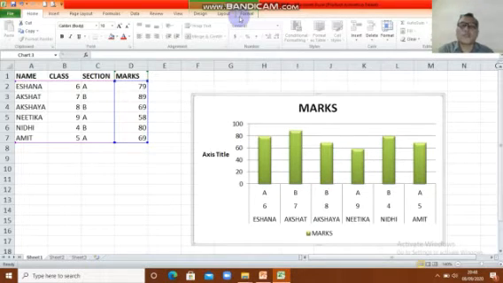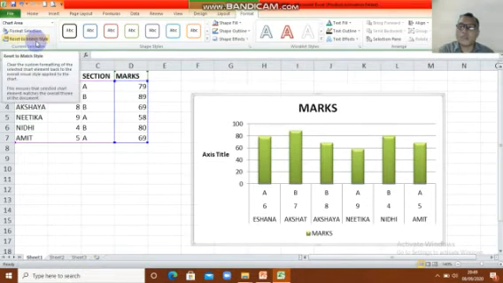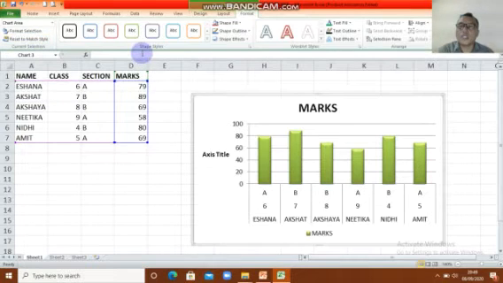Okay, like just now, formatting a chart, we try the first one, Format. In the Format ribbon you can see Format Selection, Reset to Match Style, Shape Style, WordArt Style, Arrange, so many options.